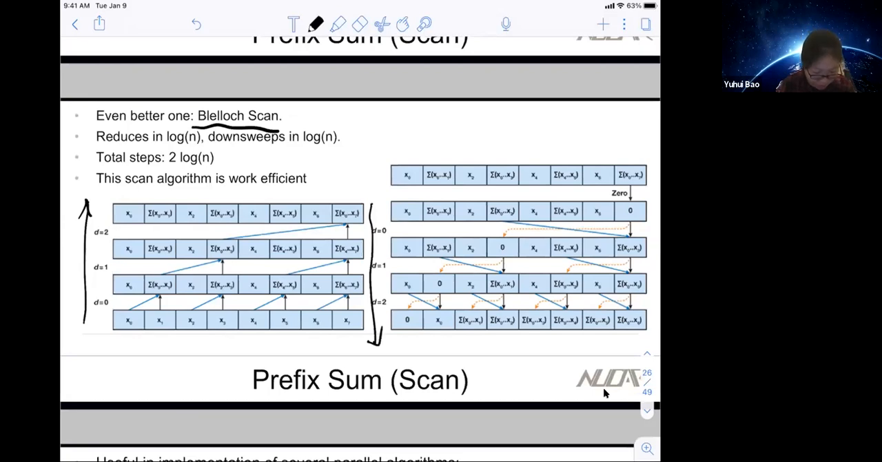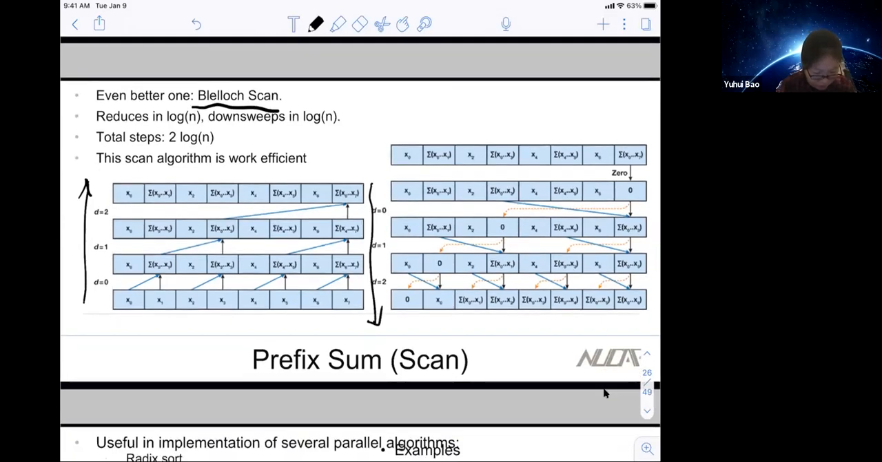So let's see how it works. This one is the left side, climb the tree. It is very similar to the reduction. You only add the element next to it. So here is still 0, but there's 0, 0, 1, 2, 2, 3, 4, 4, 5, 6, 6, 7, and then